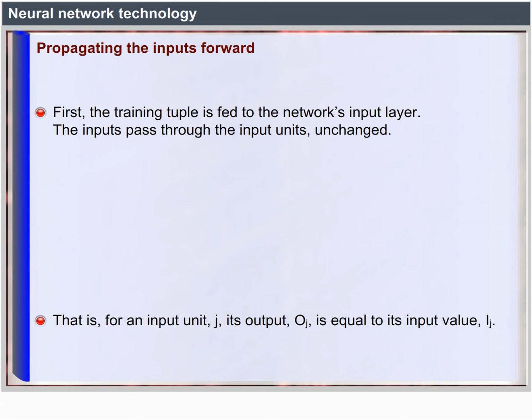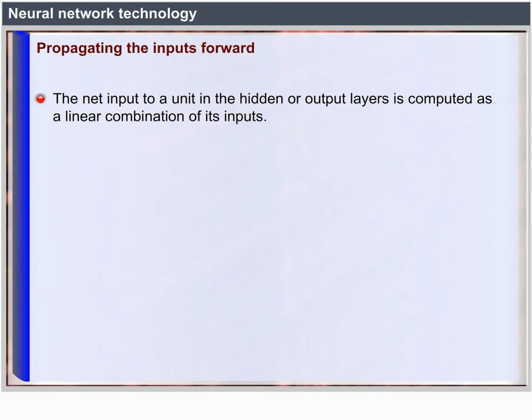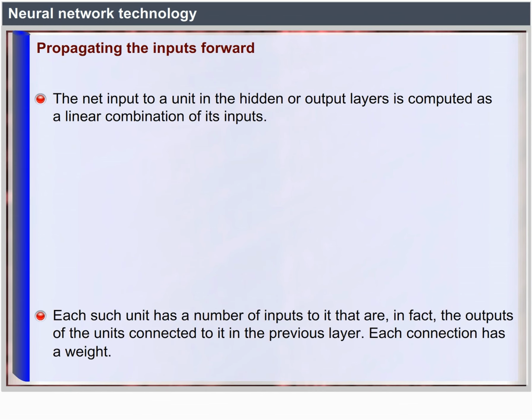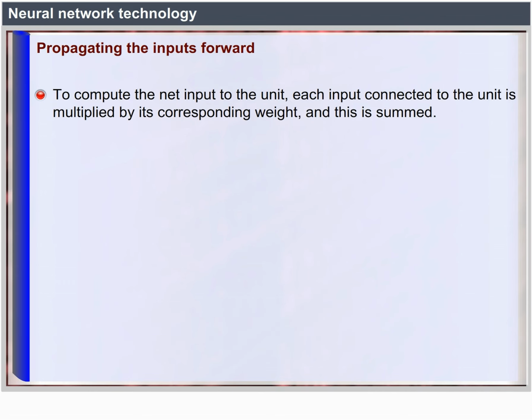The net input to a unit in the hidden or output layers is computed as a linear combination of its inputs. Each such unit has a number of inputs to it that are in fact the outputs of the units connected to it in the previous layers. Each connection has a weight. To compute the net input to the unit, each input connected to the unit is multiplied by its corresponding weight,